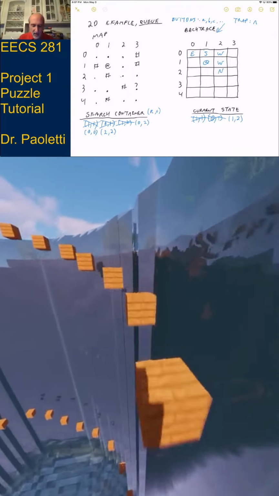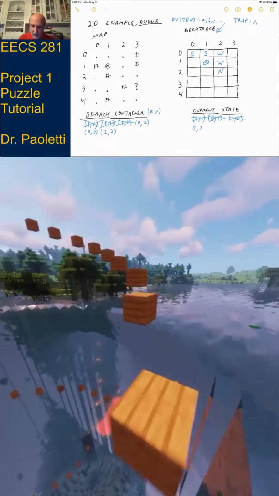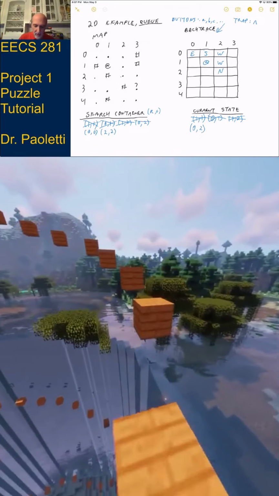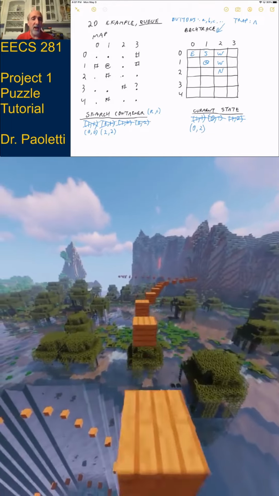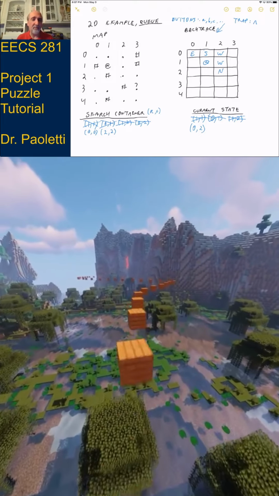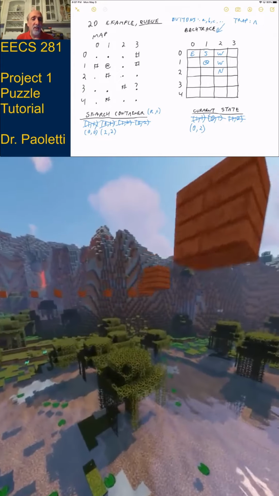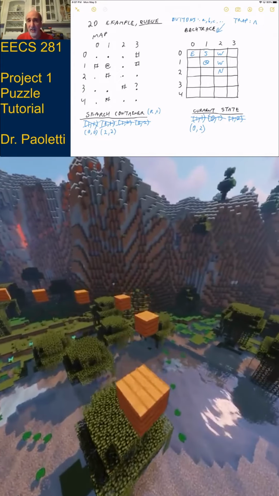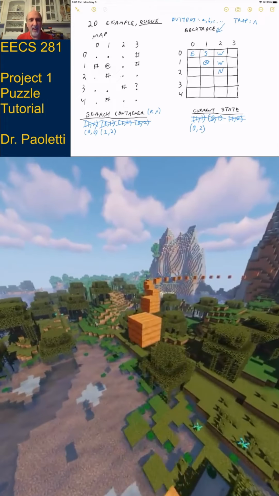Got to get a new location out of the search container. So my new state is 0, 2. 0, 2 gets popped out of that queue, and we start looking around 0, 2. So can I look north of here? No, it doesn't exist. Can I look east of here? It does exist. I've never been there, but it's a solid wall, so can't do anything with that.